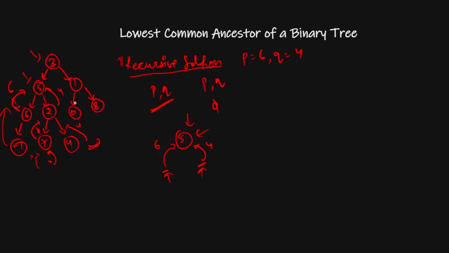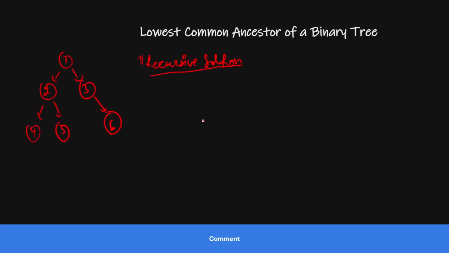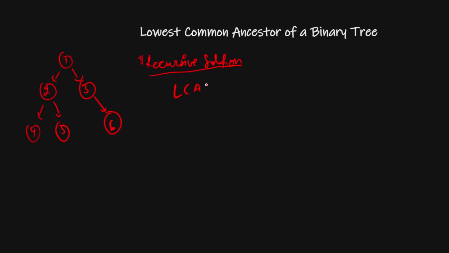So let's understand with one more example. What will be the least common ancestor of 5 and 6? So we will start from here. From here I will go to 2 and then I will go to 4. This is null, so it will return null. It will also return null. So both of them are returning null. So what will it return? If both of them are null, then it will also return null.